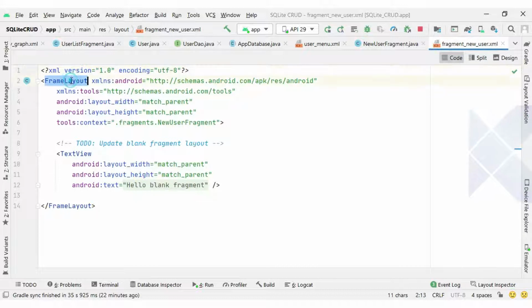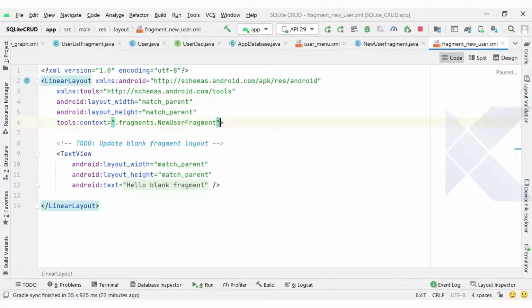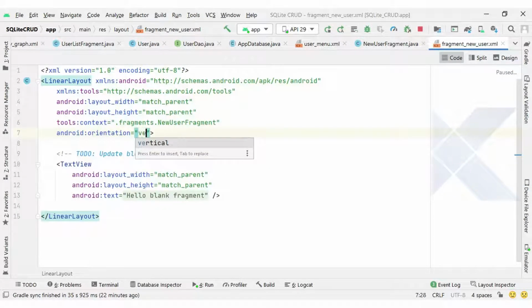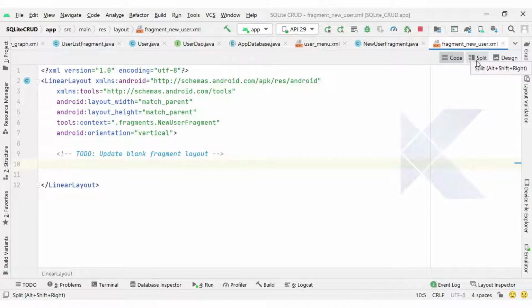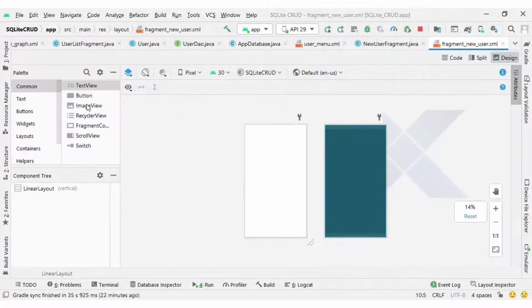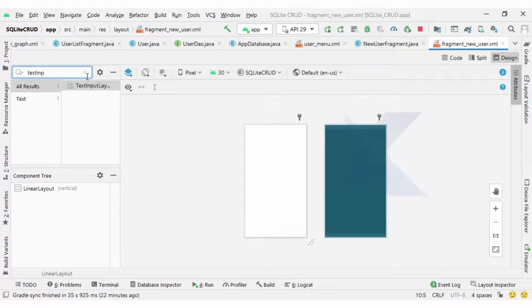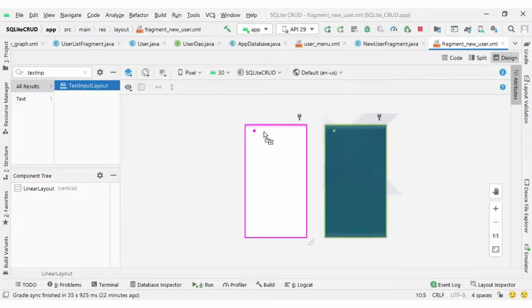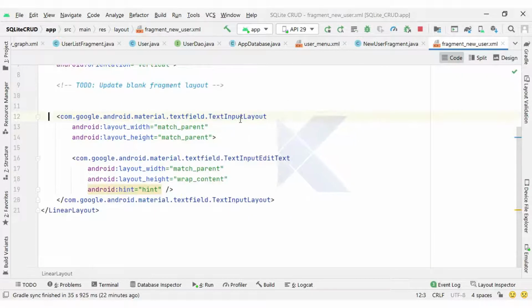Let me have linear layout first of all with orientation vertical. Here I am going to set orientation vertical, and instead of text view we can set edit text. For that I will switch to design, and here I can search text input layout, and I will just drag and put here, so that text input layout is ready.